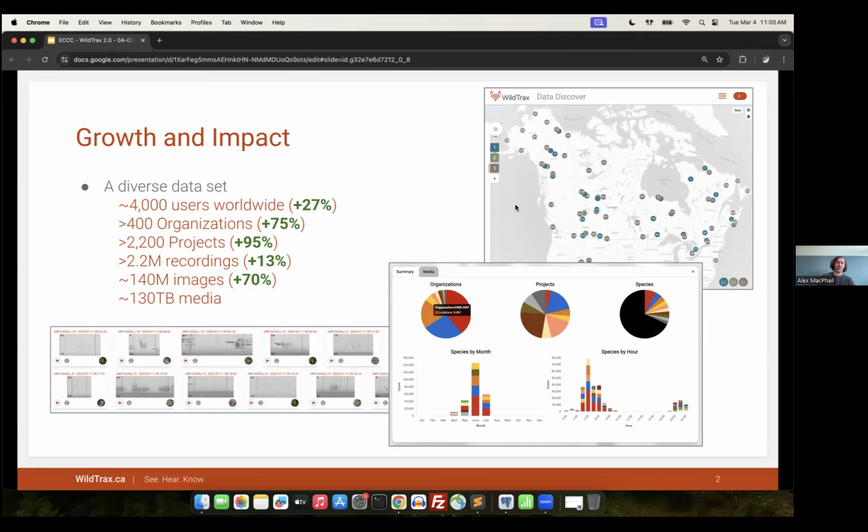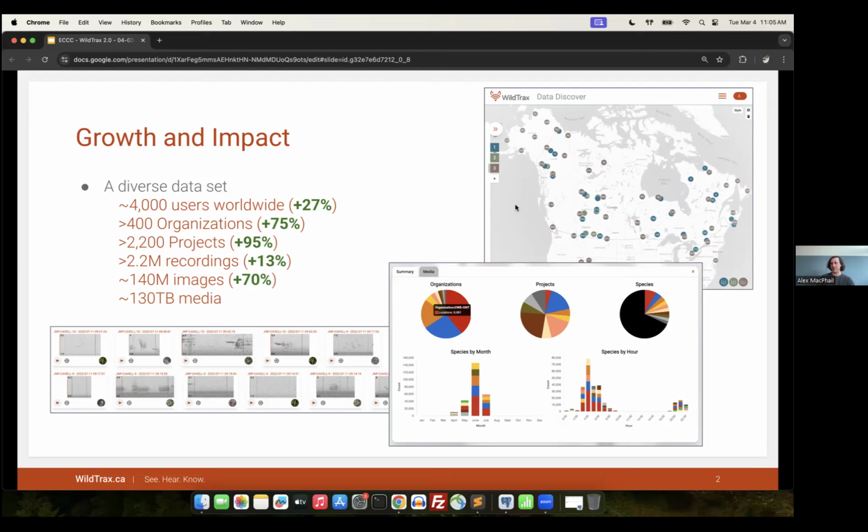But we do have quite a large system from when we first started. I remember the days when we were just 20, 25 users in the system, and now we have over 4,000 worldwide. And we definitely see that both on the usage standpoint and the folks that we interact with on a daily basis who have questions or concerns or issues with the system. We're responding to more and more people every day. And it's been a significant impact, at least in bringing all that data together.